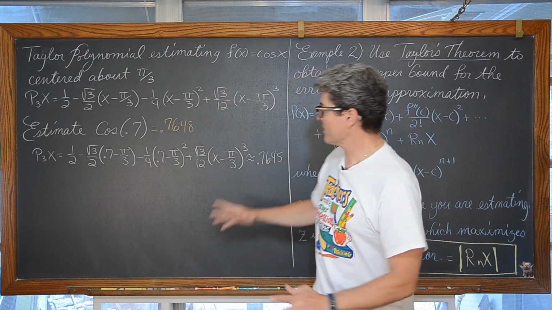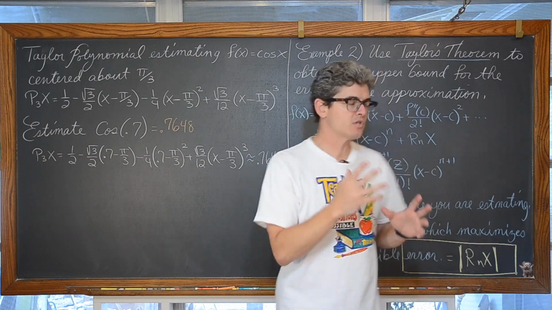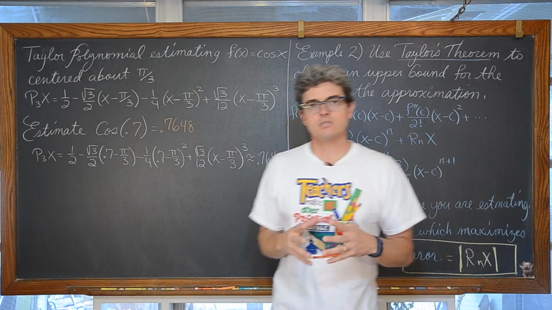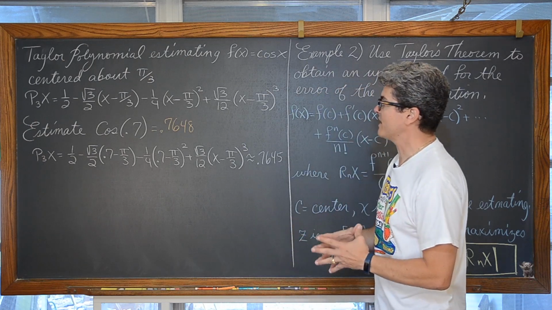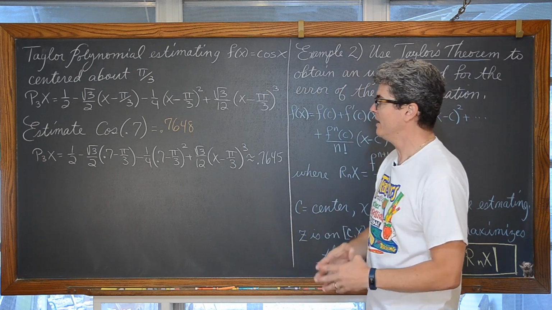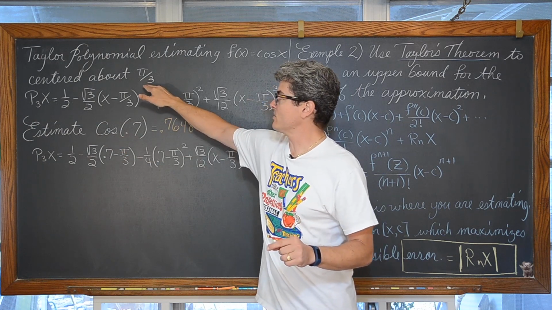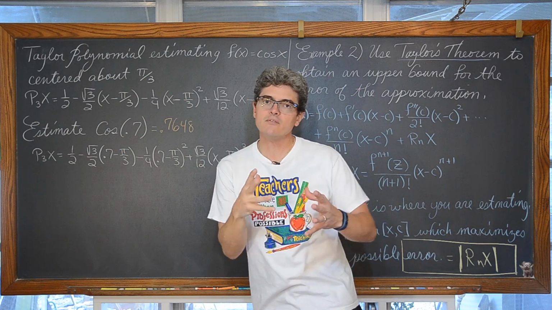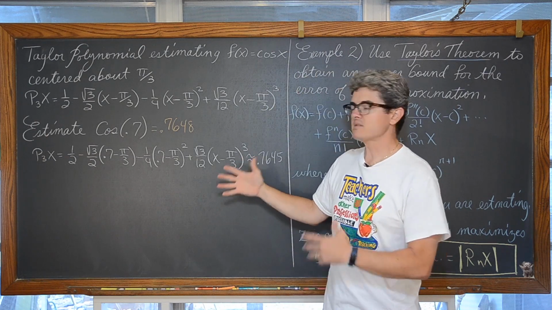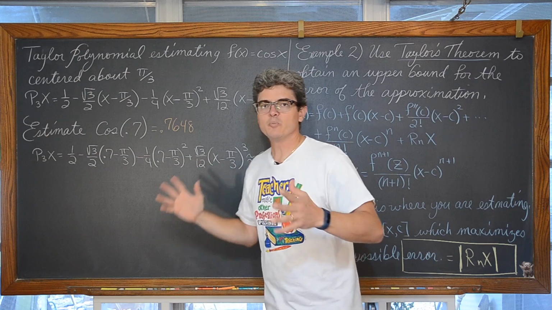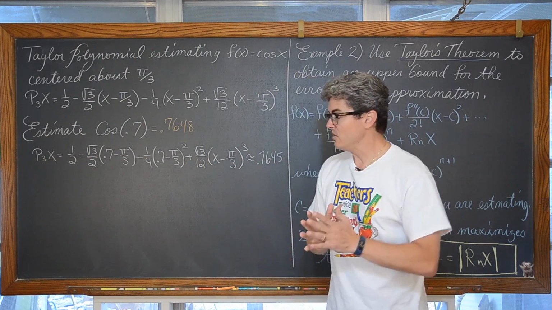So we're going to step off, clean this up a little bit, and show how to figure out the math for finding the largest possible error. What can we expect to see as our largest possible error if we're estimating the cosine at 0.7 when it's centered around pi over 3? We're going to have a little bit of a footnote in this, and I'm just going to reveal the solution to make sure it's all nice and neat and I don't write something incorrectly for you guys using this as a lesson.